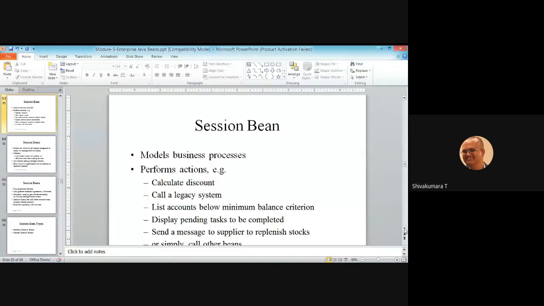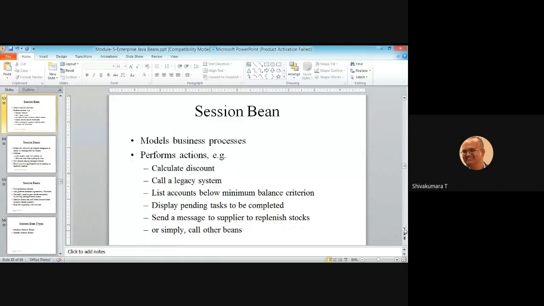Suppose after placing the order and executing that order, the remaining items should be updated on the shelf as well as in the system. To perform such tasks, you can use the session bean's business methods.